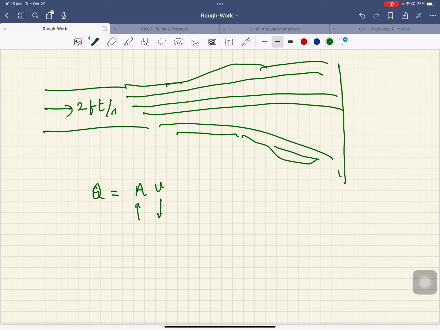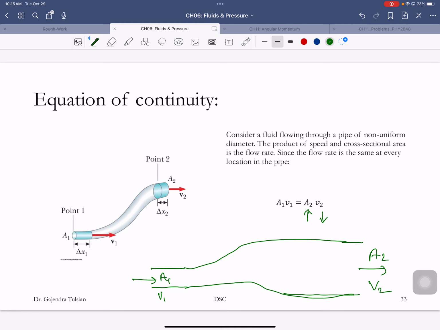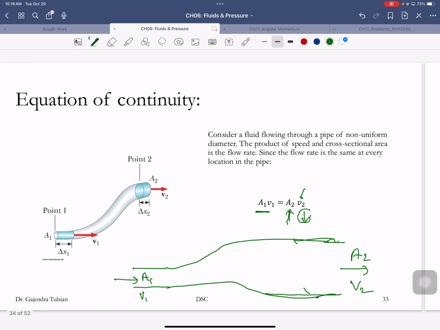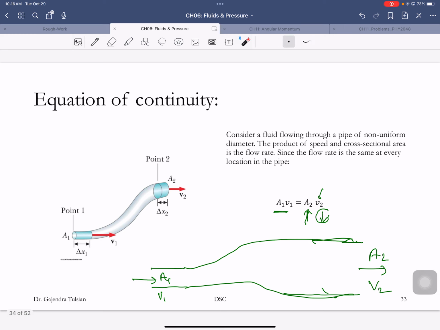So that's the equation of continuity. This gives you the flow rate, and when you want to decrease the speed of the fluid, what you want to do is increase the area of cross-section. You can do it by widening the pipe or breaking the pipe into smaller pipes, and the total area adds up. Now, when fluid flows through a pipe whose area of cross-section is changing, you saw that the speed is changing,